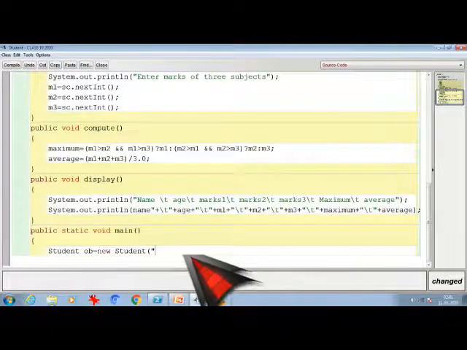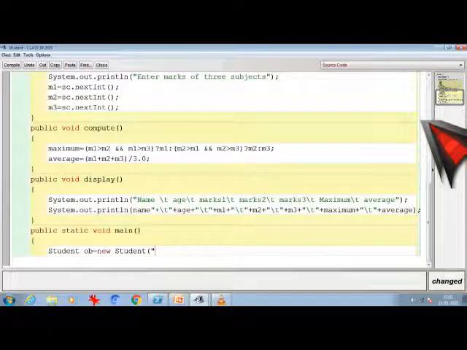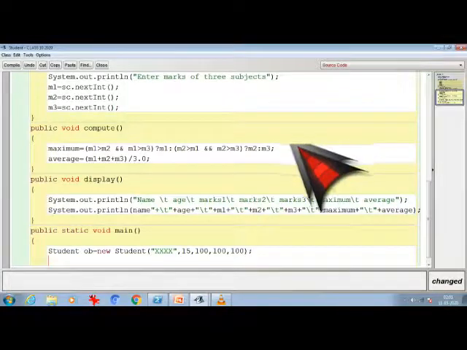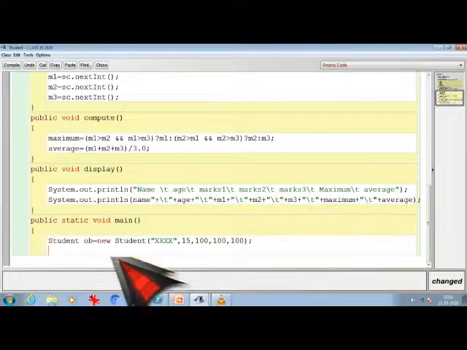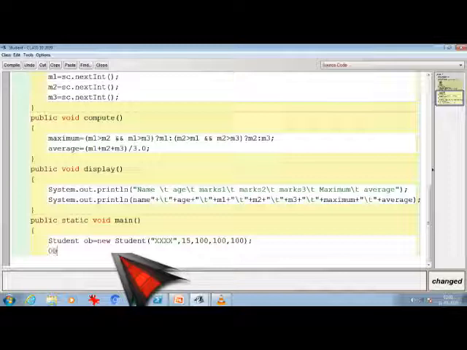So suppose here I am writing the name of the current student is XXX, as I don't know anything, and his age is 15 and his subject marks are 100, 100, 100. So all the values I'm passing in a direct order over here, and calling the method void accept.